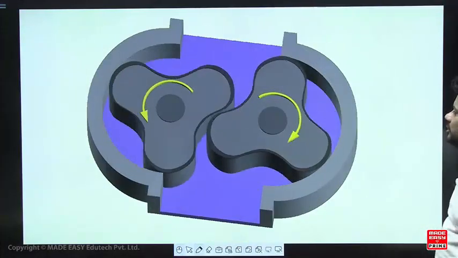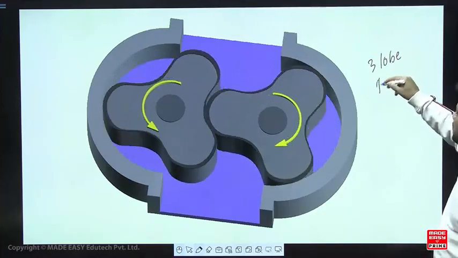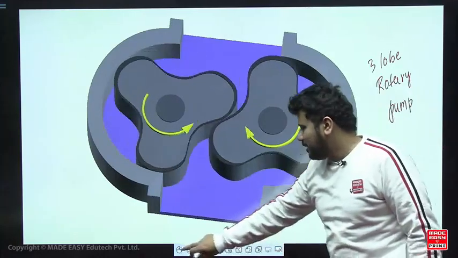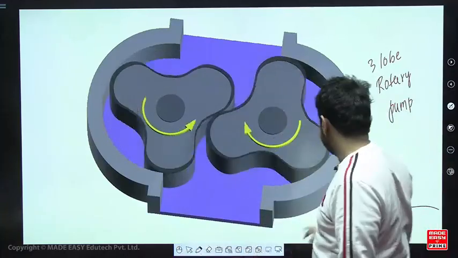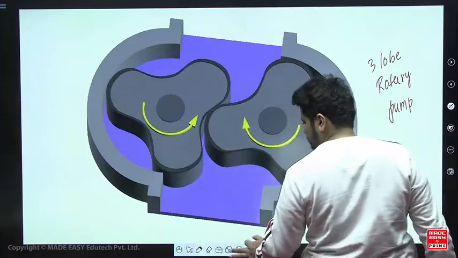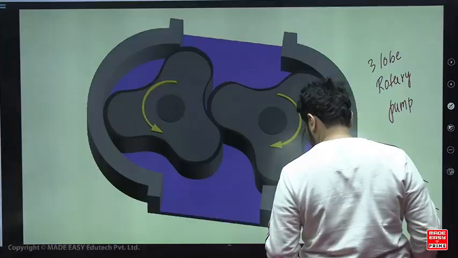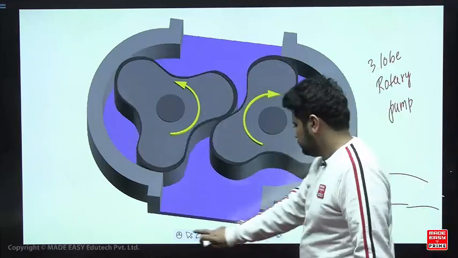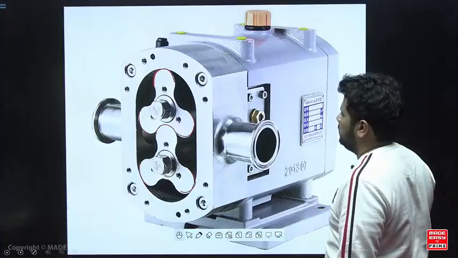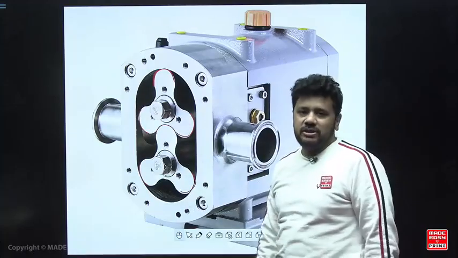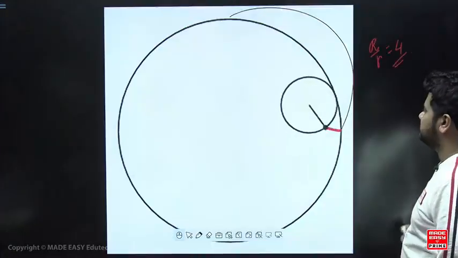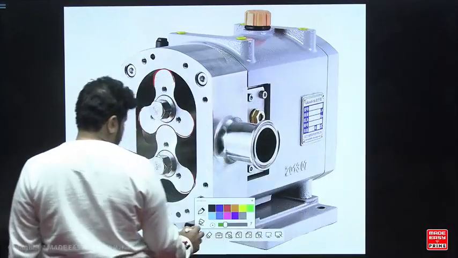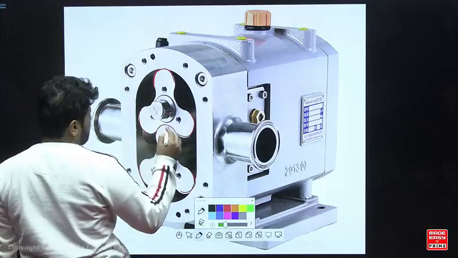Second thing, you can see that this is called a 3-lobe rotary pump. Why are we saying 3 lobe? Because if you remember, a little while ago we showed you, where did it get stuck, 1 second. See, this was the 3 lobe, 1 to 3, so it was just a still picture, a static picture. Now when it rotates it becomes like this, right, so 3 lobe. Now in this particular figure, I have shown you epicycloid, where is hypocycloid here, so